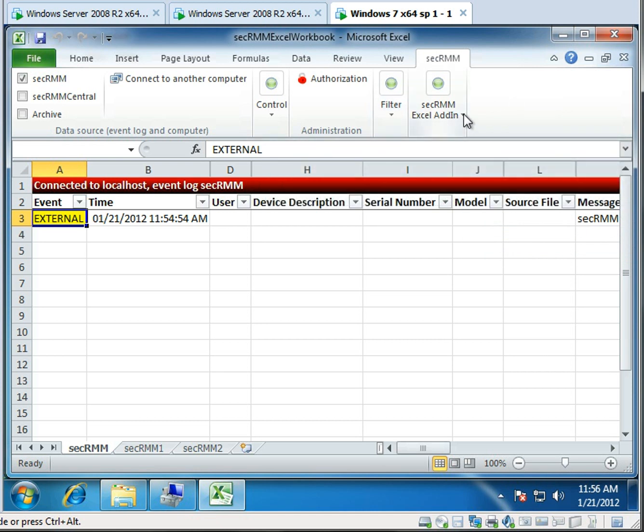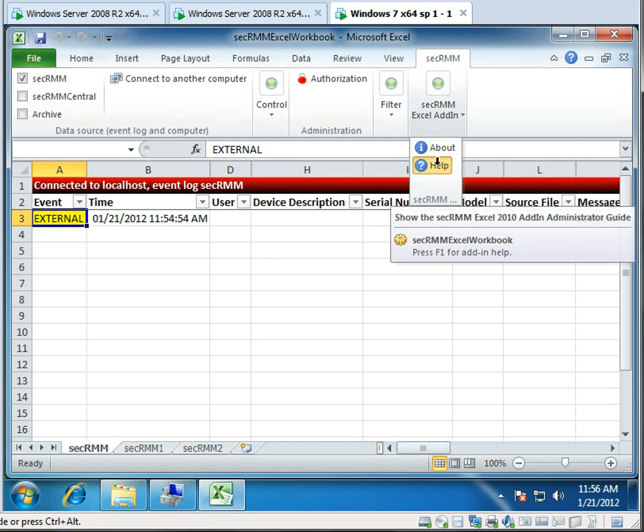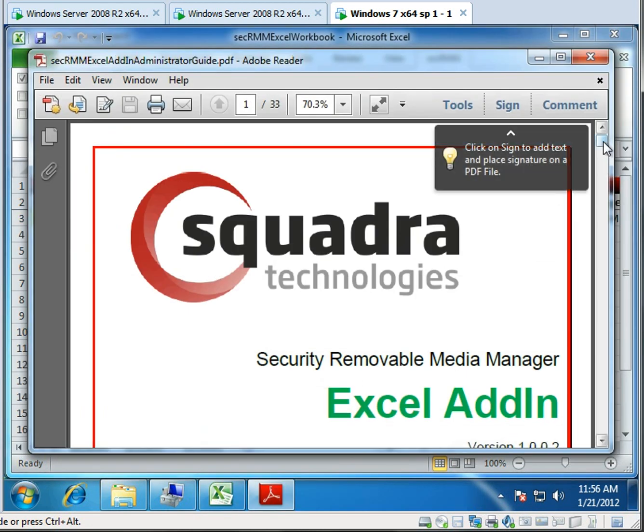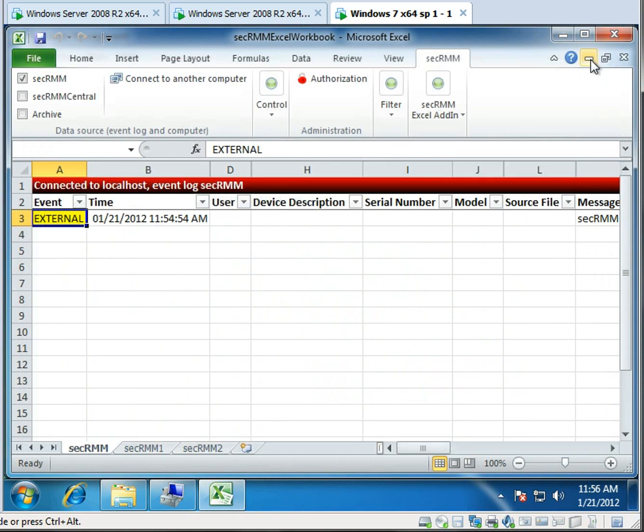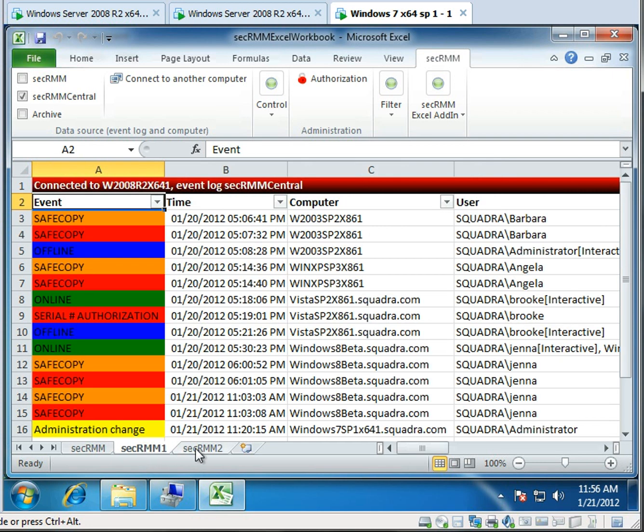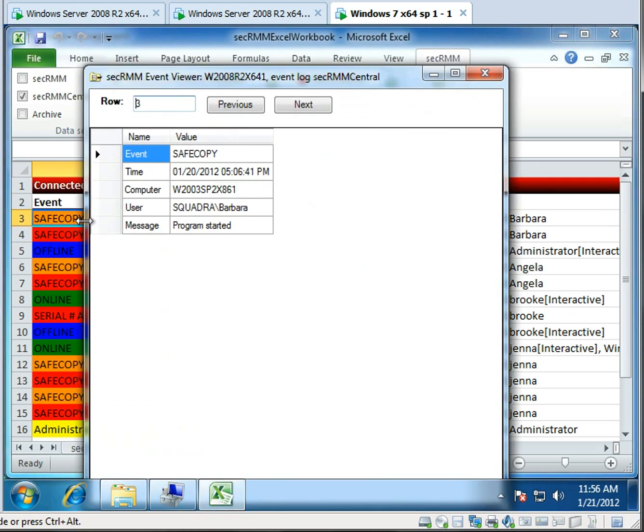So that was filters. The only other thing is just the online help. So you can review the document if you need any help. And that's a quick overview of the secRMM Excel add-in, which allows you to conveniently look at the data provided by